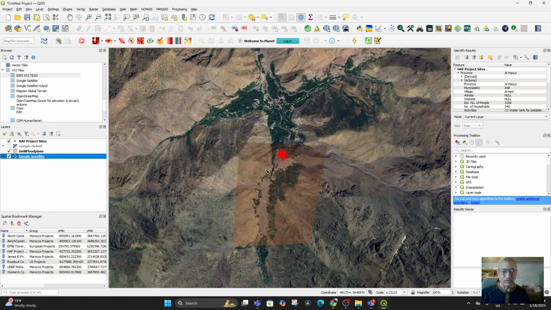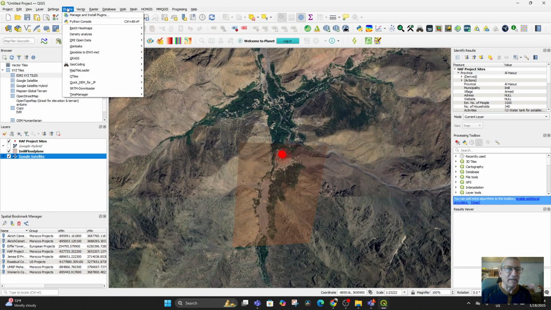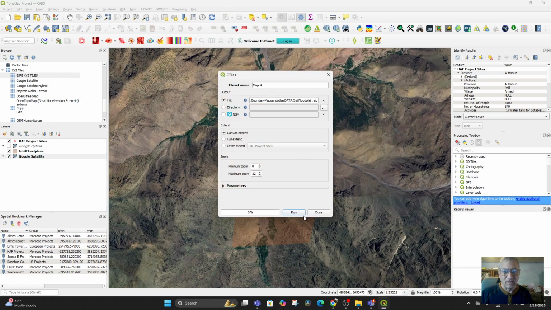Because I'm not on Google Satellite. So it doesn't know what layer I'm trying to make it use. So let's try this again. And now run is available, but I'm going to use the layer extent of the MapTileLoader floodplain. Yes, so I had to select Google Satellite over here so it knows what tiles it's going to take from. And when I do that and I hit run,